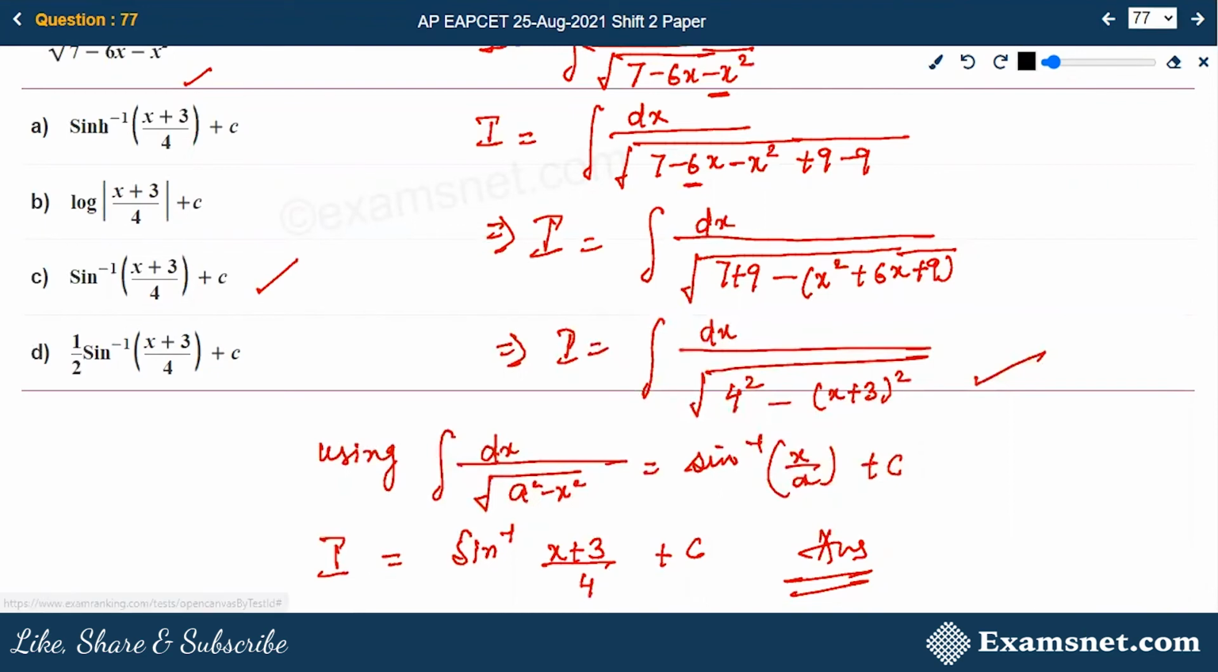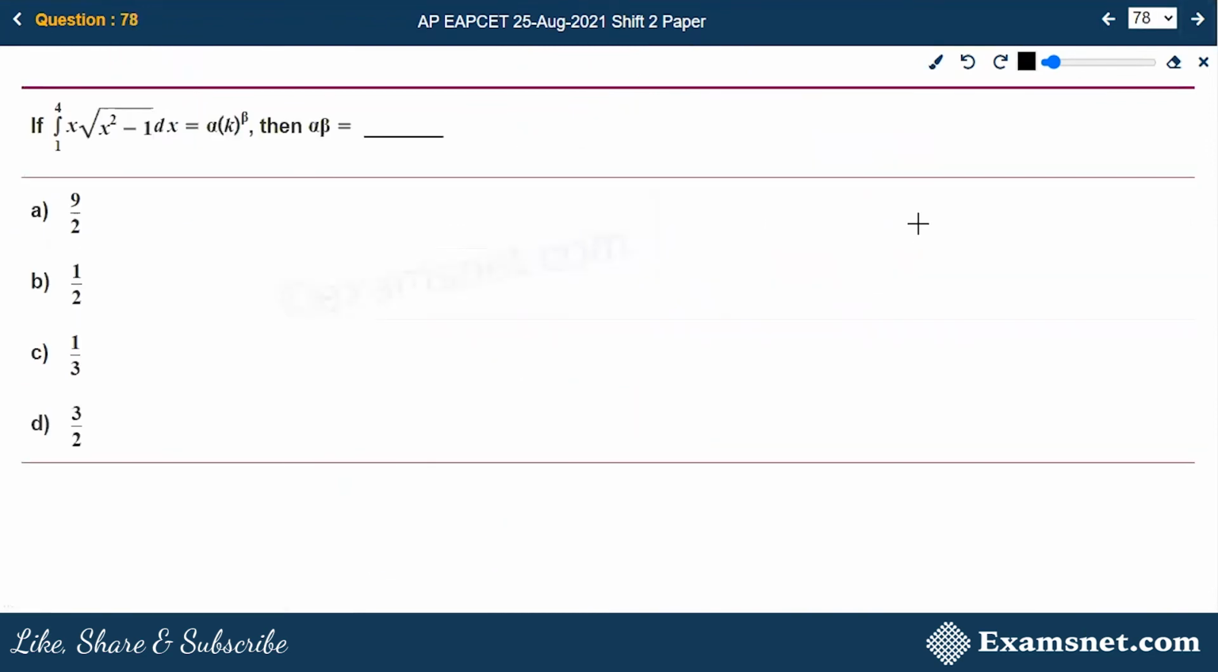Question number 78. The integral, limits are given to you from 1 to 4, x into square root of x square minus 1 dx, is equal to some alpha k raised to power beta. You have to find the product of this alpha beta. That means you should know alpha and beta, right? So again, let